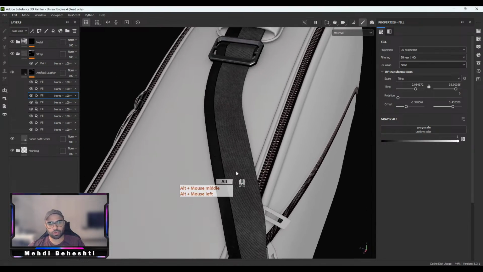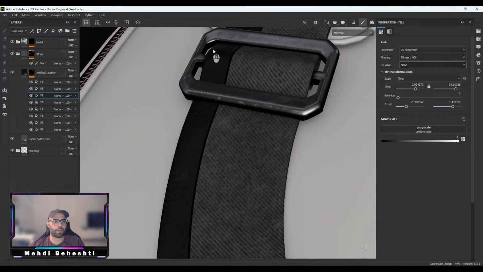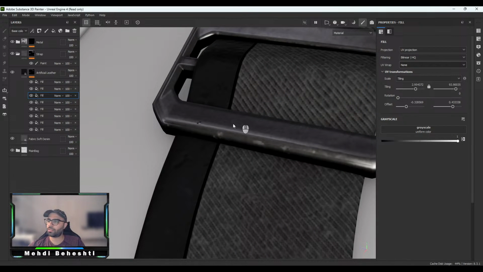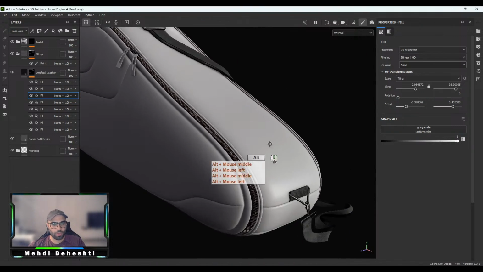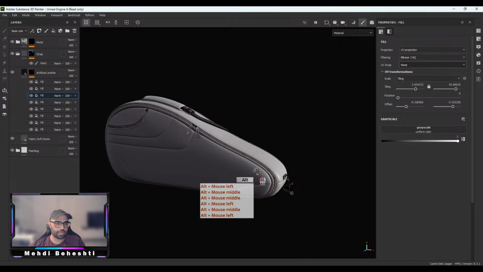Yeah. So in the next step, I'm going to add some stitches between them for the best blending between these two surfaces. Okay. But before that, let's go and